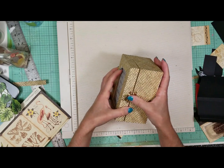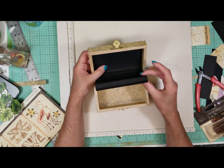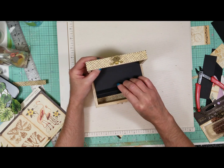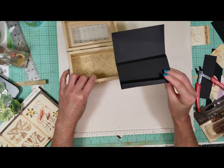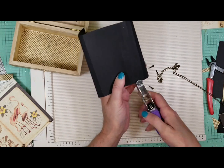And here you can see how it looks. Let me open it, and in the interior, this is the piece that I'm going to work on. Now that is the shelf, and I already made two dots here because I want to punch two tiny holes